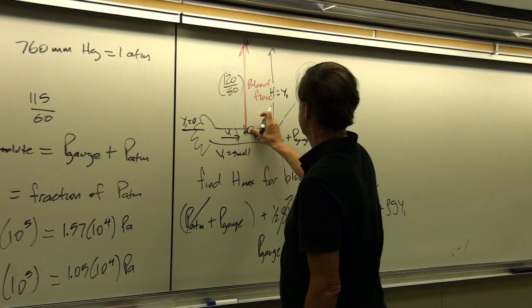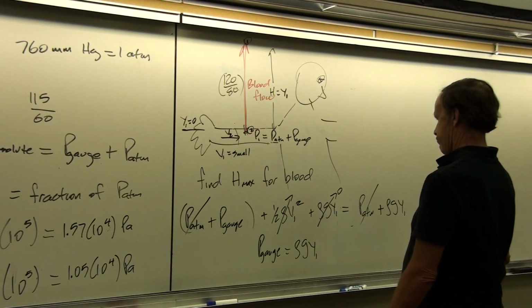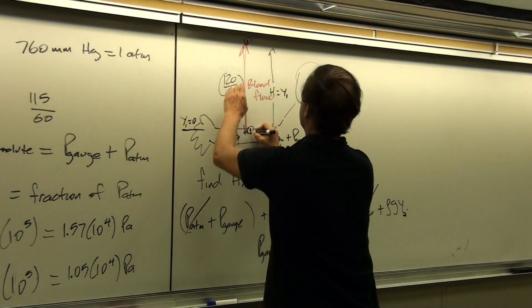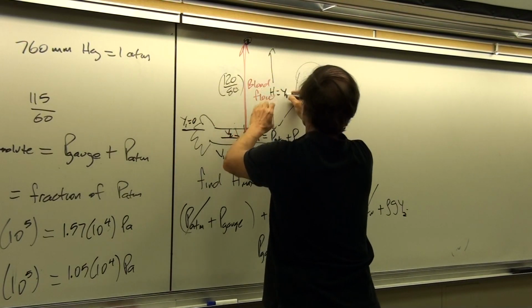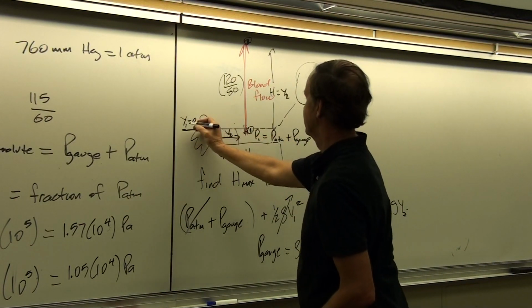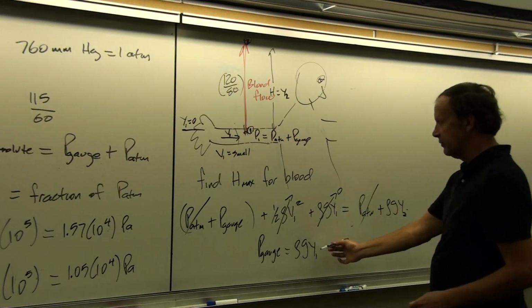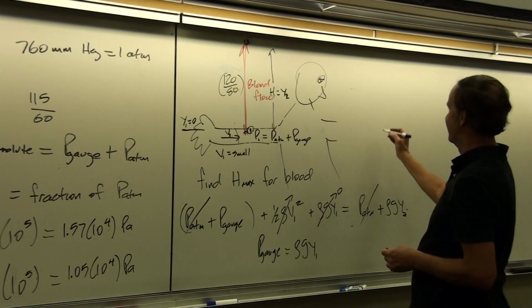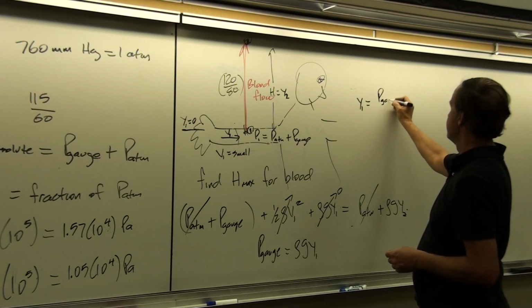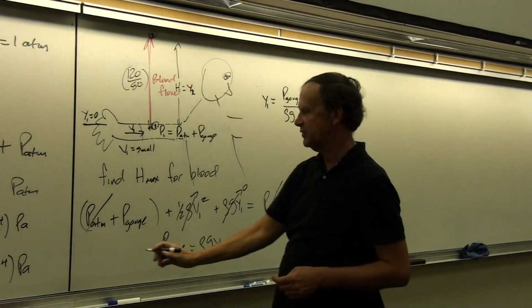Call this point 1, 2, I guess is what I was doing. No, this is 2. Sorry. This is still 1. That's 2 up there, and then this is y2. That was the only place where I had the... This is y1 equals 0. Okay, so that's all good. So P gauge equals rho g y. It's kind of like a barometer in a way. And so y1 is equal to P gauge divided by rho g.